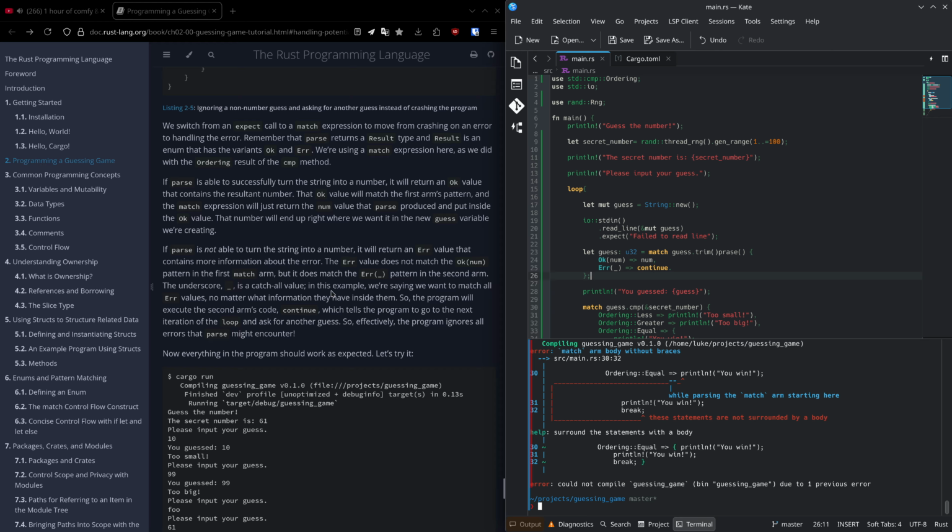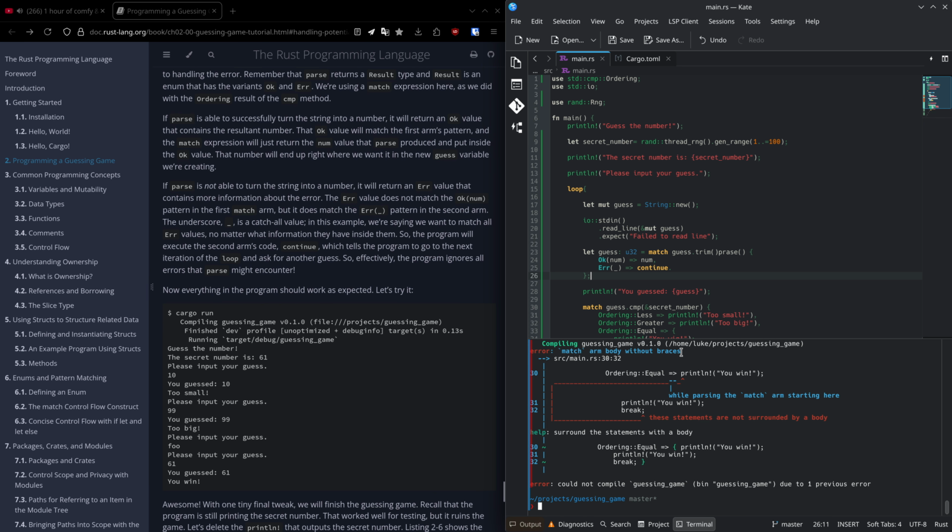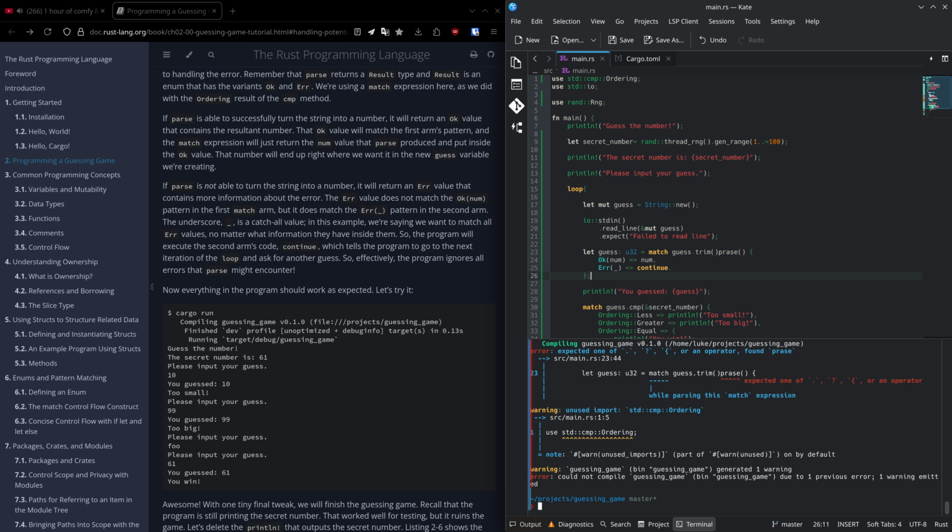In this example, we're saying we want to match all Err values no matter what information they have inside of them. So the program will execute the second arm's code, continue, which tells the program to go to the next iteration of the loop and ask for another guess. So effectively, the program ignores all errors that parse might encounter. So now if we run,